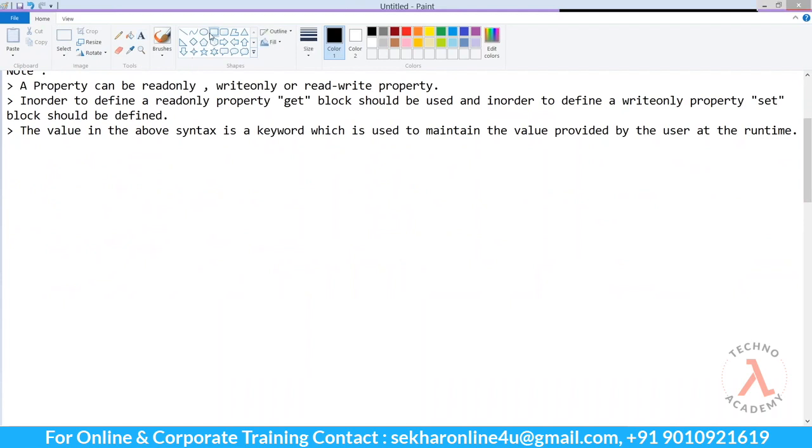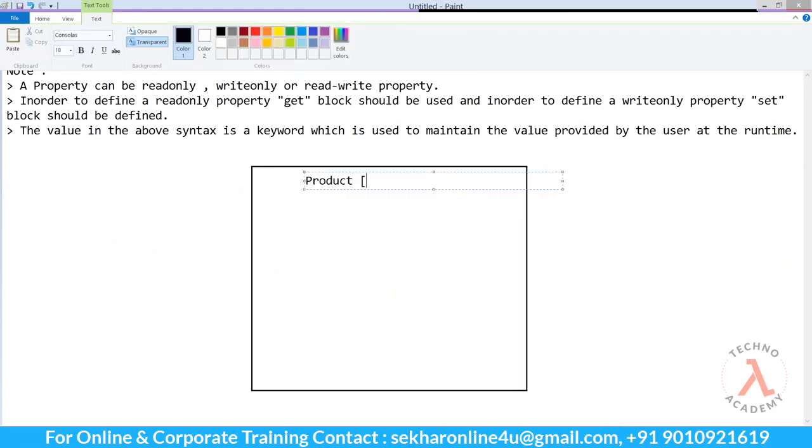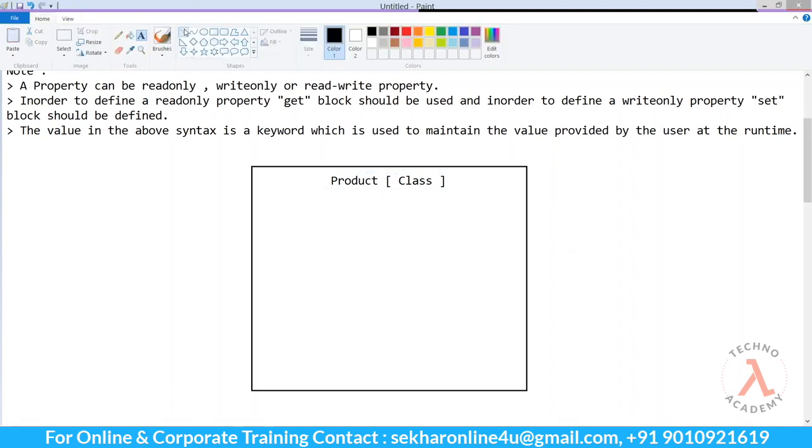So, for example, let us assume that we wanted to define a class with the name product. And whenever we say product, I would like to maintain the details about product ID, product name, and the price. And it is always advisable that whenever we define any variable within the class, make sure it is defined as private. And whenever we define a member as private, it is always advisable to define the member using underscore, so that on seeing the variable itself, we can understand that this variable is a private variable.